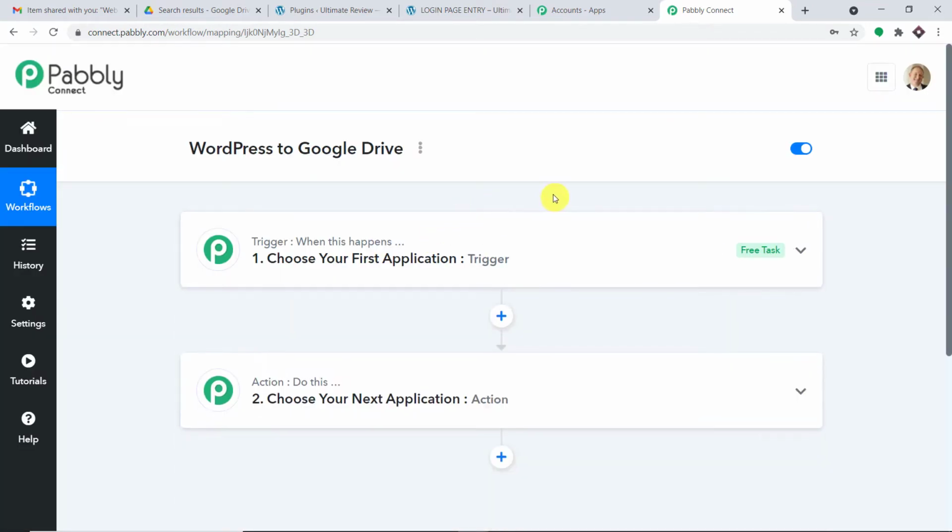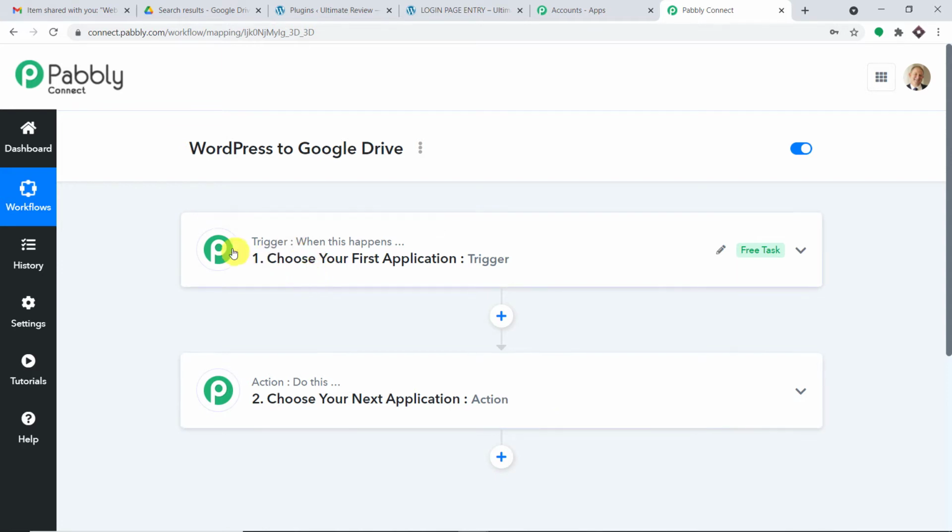So when you click on create, you will find 2 windows, the trigger window as well as the action window. So what's the deal with the trigger window as well as the action window? Well, if you're talking about automation in Pabbly Connect, it works on the concept of triggers and actions. The trigger here is basically an if statement. It asks a question: if this happens, what should be done? For example, if a new user or a new subscriber registers on your WordPress account, that is basically the trigger. Now the action is that the file will be delivered from your Google Drive to that registrant's email address.